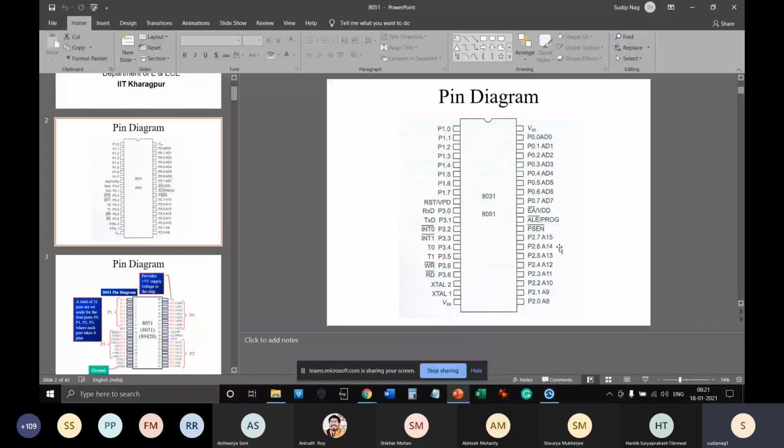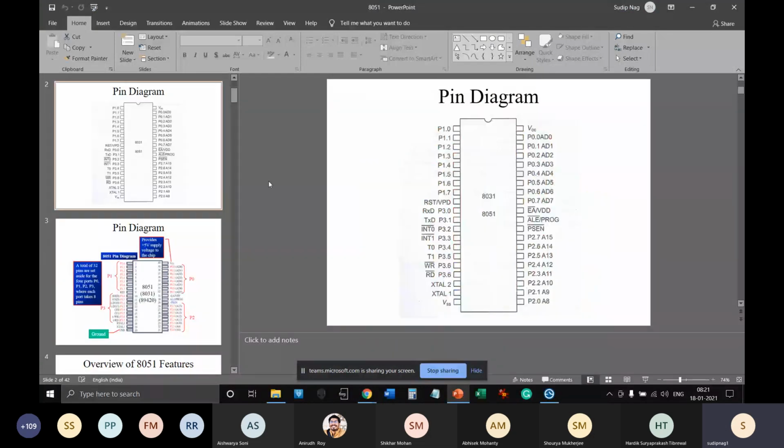So we will actually go to the second diagram. In the first diagram, you can see there are 4 ports, each of them 7-bit or 8 bits wide. This last one, RD/3.6, should be the correct one, but it is okay. This was taken from one of the books, and there is a printing mistake in that book.